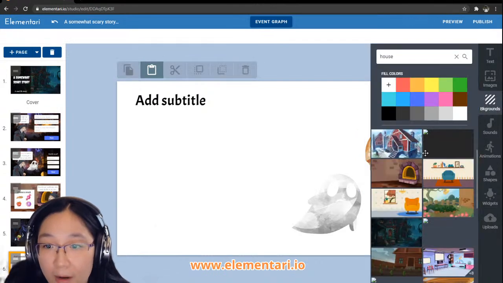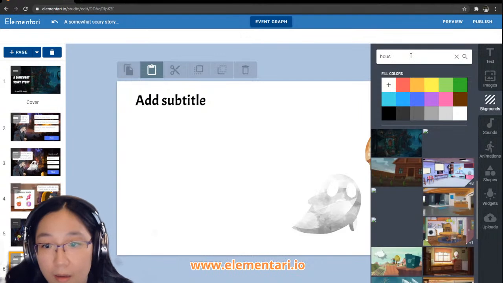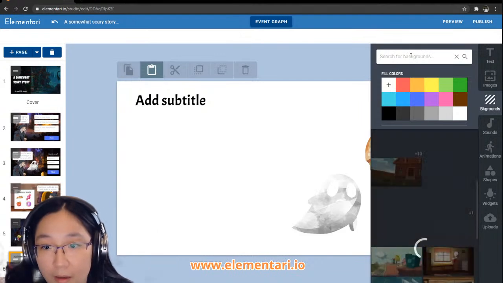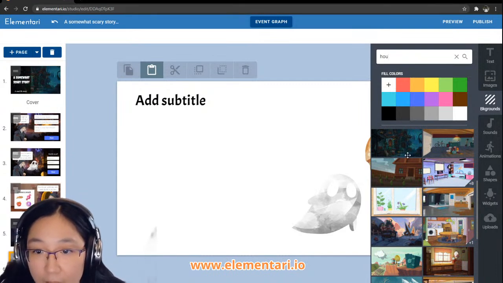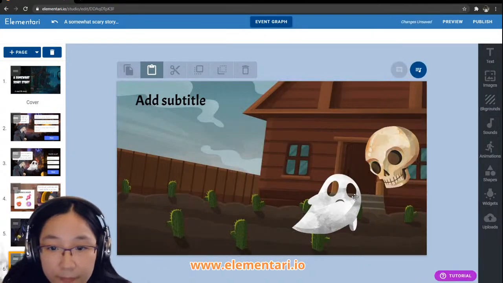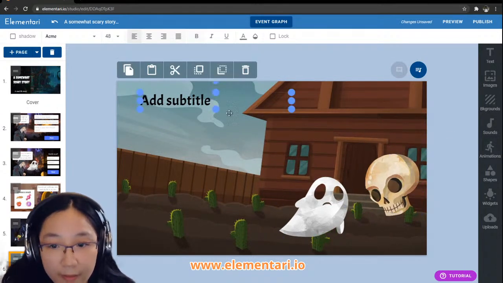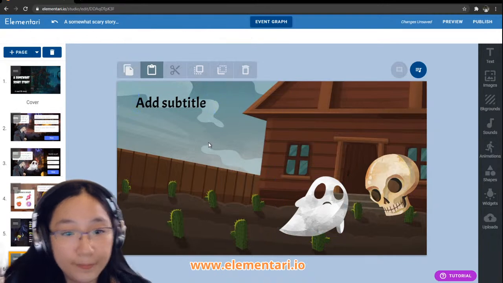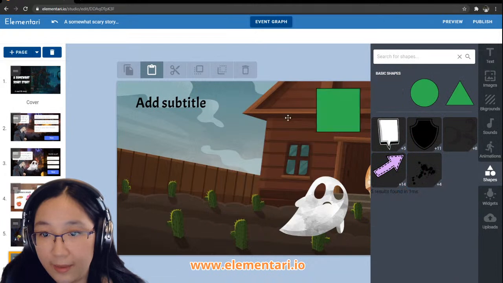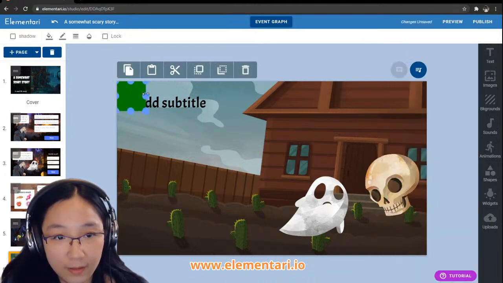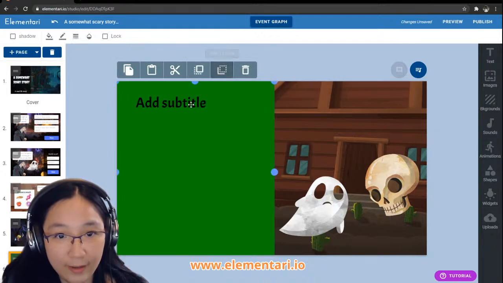Okay, so I'm going to add a background. Let's add a background. Let's see. House. Okay. So we have, let's actually write a sentence with our friend, our skeleton friend.